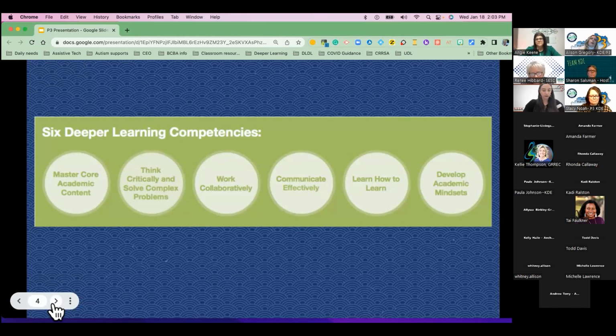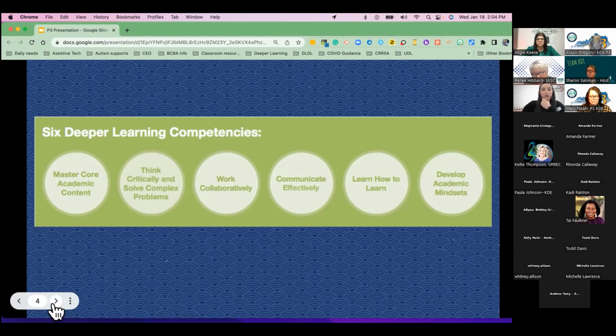The second competency, thinking critically and solving complex problems, means that students can effectively identify, gather, and interpret data to solve complex problems. They can apply tools and techniques from core subjects to formulate and problem solve. These tools include data analysis, statistical reasoning, and scientific inquiry, as well as creativity, nonlinear thinking, and persistence.